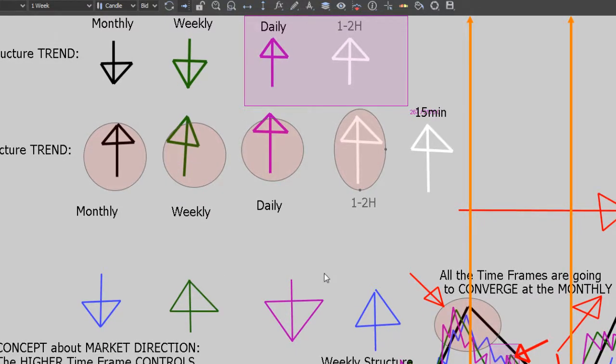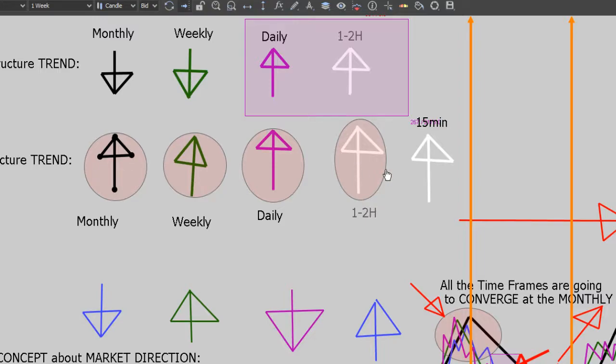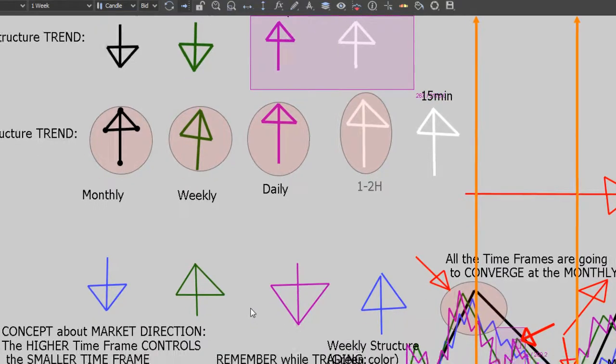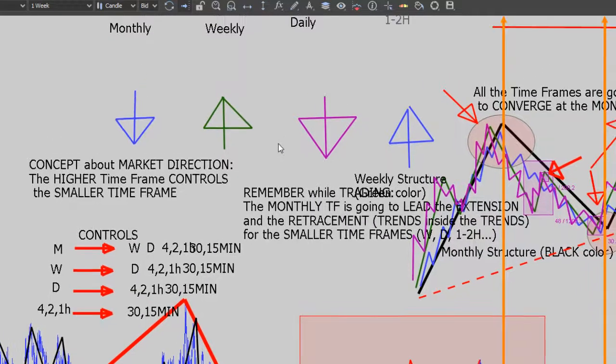I would not be fair if I told you, oh, trade this and don't trade that. This is up to you, everybody. This is up to you. You know your trading style, you know your risk, okay? But I'm telling you, trade with the concepts. Trade with the concepts and trade with the rules.